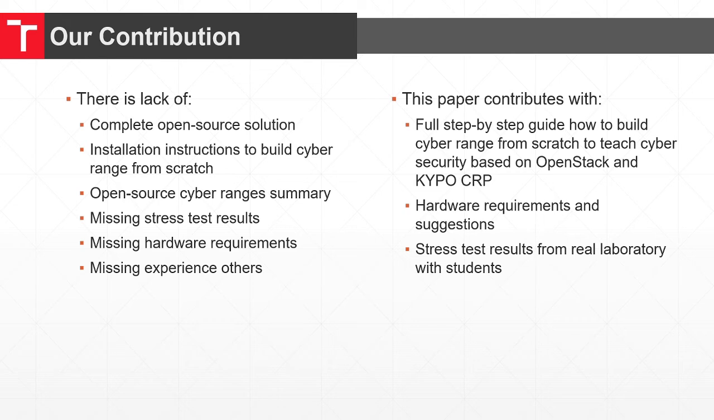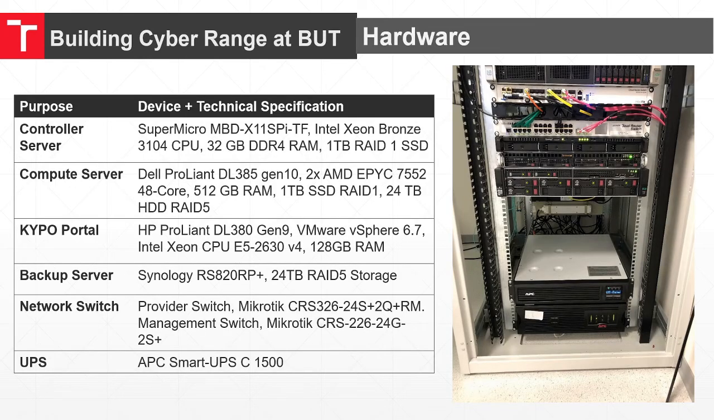Another benefit is stress testing and experience with using cyberbranch for teaching. So this is what our rack looks like, where all the equipment needed to run our cyberbranch is located. The controller server is a Supermicro server with a 6-core processor and 32 gigabytes of RAM. We call this server a controller, and all the services needed to control a